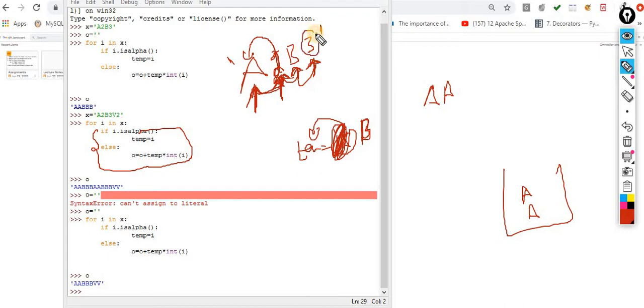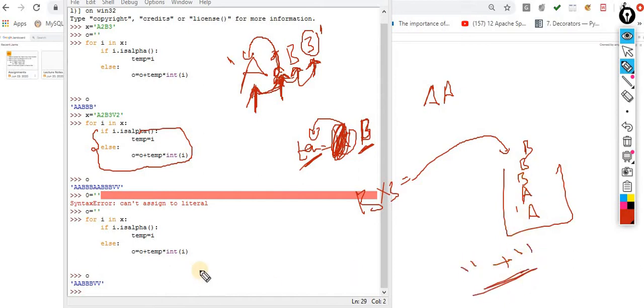Now again I have to check whether the current position is a character or a digit. Say it's a digit. Okay, it's a digit. Then you have to multiply with the previous character, and I know my previous character is placed in the temporary variable. After performing this, you have to add, not replace. You have to basically append this value. When I have to concatenate these two values, I have to perform this one. Same thing I am performing over here, and I am reassigning the value over here.